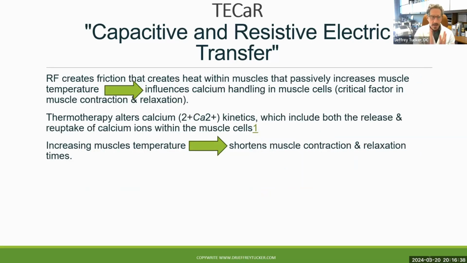So again, I want you to, in summary, radio frequency creates friction that creates heat within the muscle that passively increases muscle temperature. That's influencing calcium handling in the muscle cells. And it includes both the release and reuptake of calcium ions within the muscle cells. And it shortens muscle contraction and relaxation times. So it's not just blood flow, it's so much more. So with all that said,